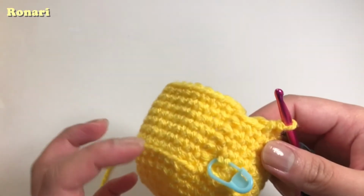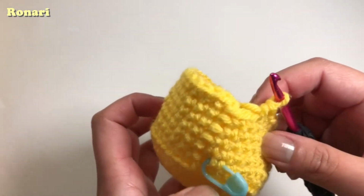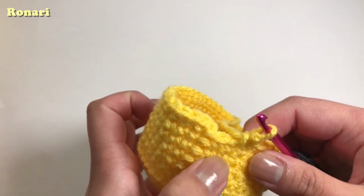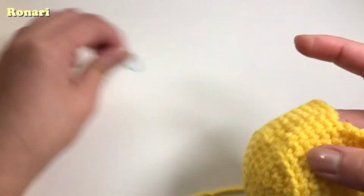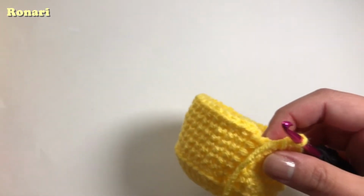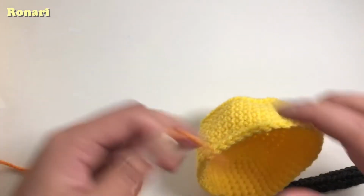Alright, I am at the end of round 14. So I remember I put a marker at my round 9. So this is 9, 10, 11, 12, 13, and I'm on 14. So I'm going to go ahead and remove my stitch marker here. And actually we don't need that till later on once we make our chains. I'm gonna go ahead and grab my orange yarn,